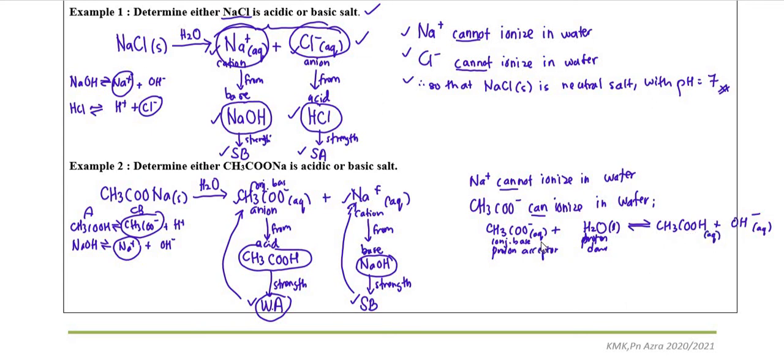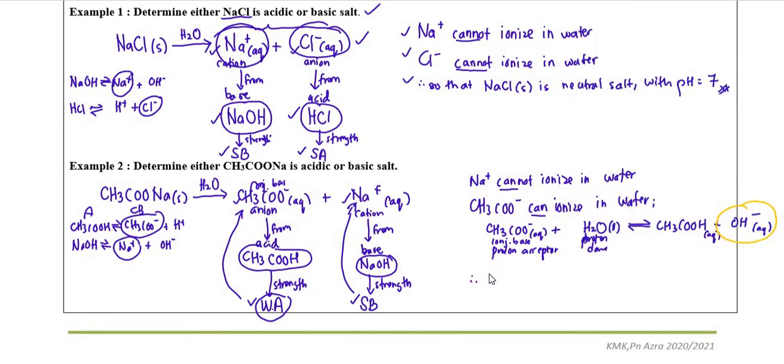Di sini kita patah balik daripada aspek definition acid and base. Okay? Okay, from this equation, you nampak dia ada menghasilkan OH minus. Bila dia menghasilkan OH minus, itulah tandanya, okay, thus,